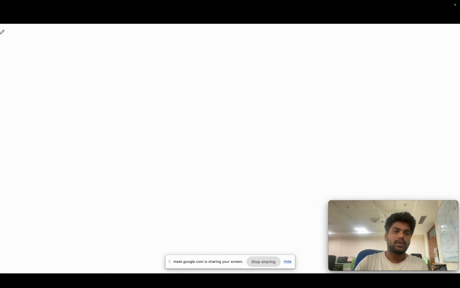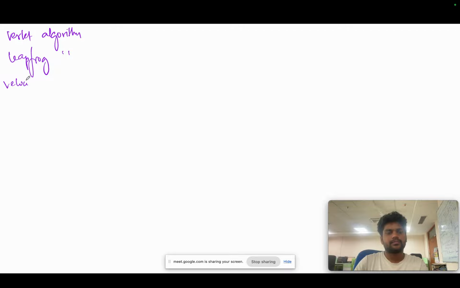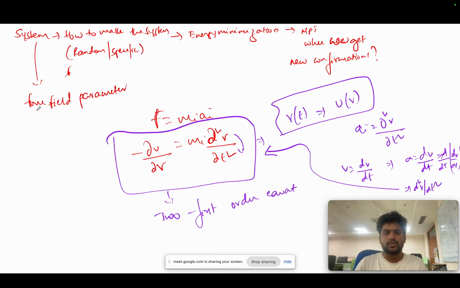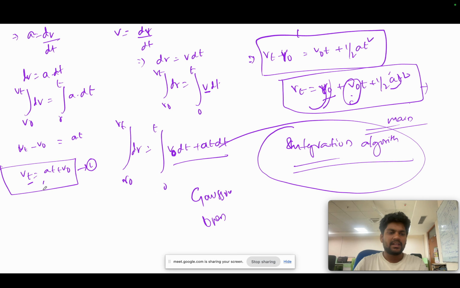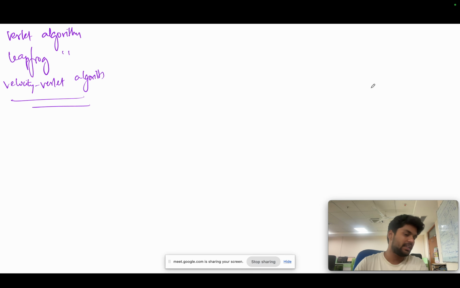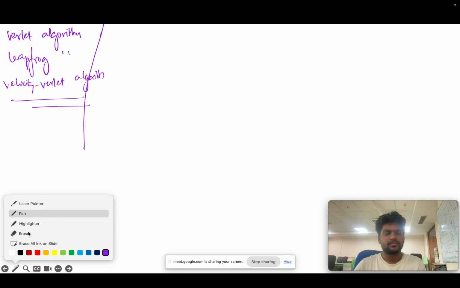So the few interesting numerical algorithms are Verlet, leapfrog, velocity Verlet, and a few others. So I will take this equation as A, and this equation as B, and I will apply Taylor series on these. If I apply Taylor series on B first, then I will get